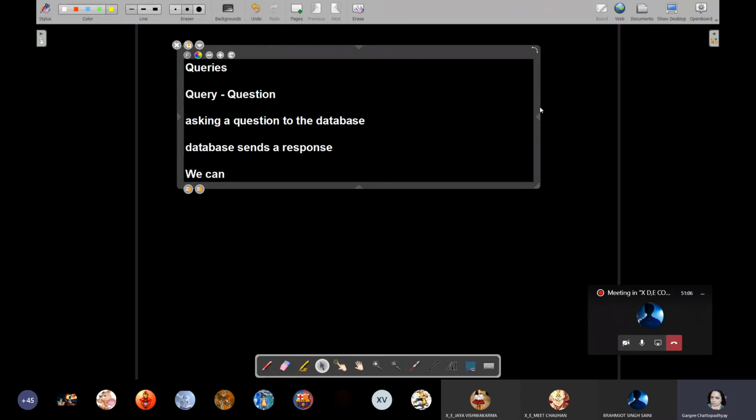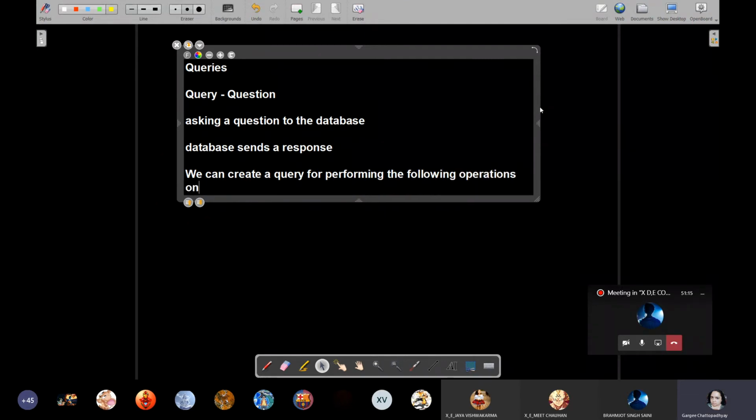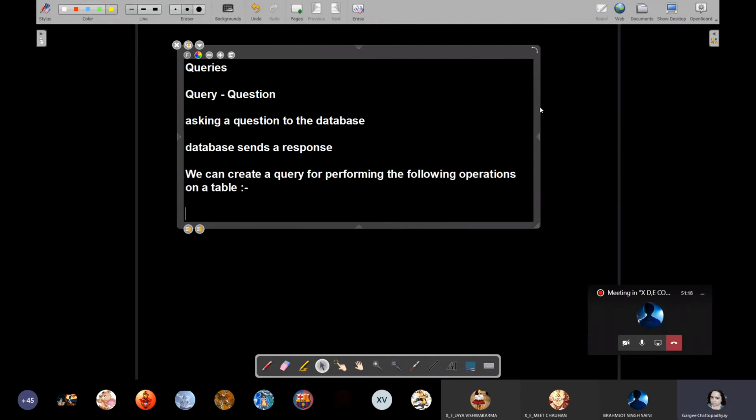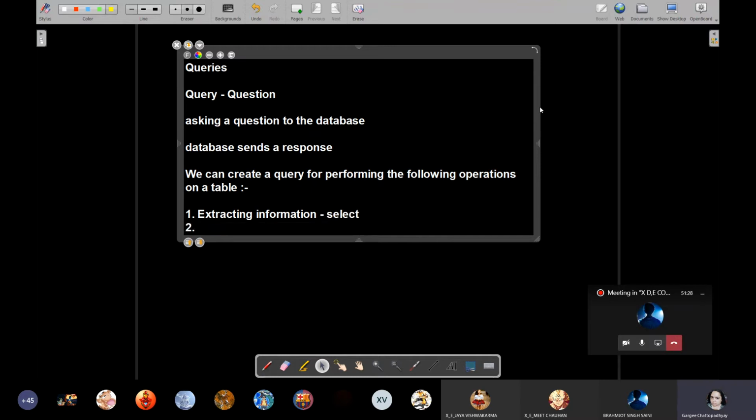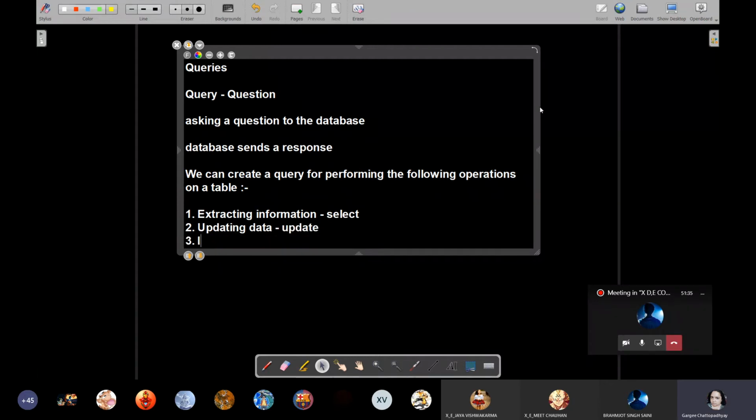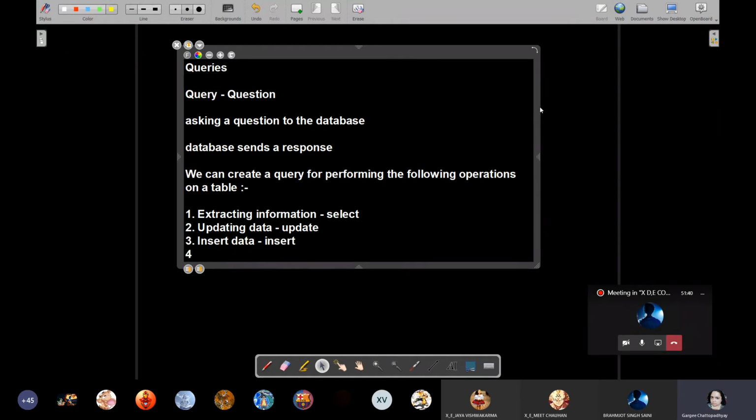We can create a query for performing the following operations on a table. Number one, extracting information, that is a select query. Second is updating data, that is an update query. Third is inserting data, an insert query.